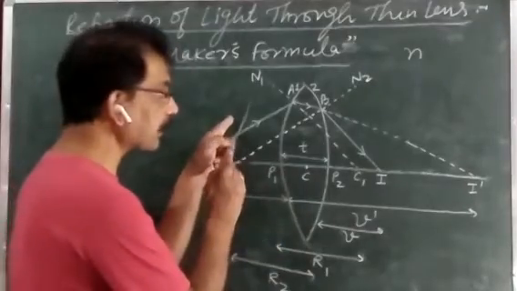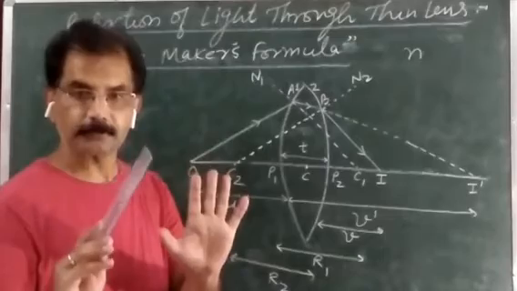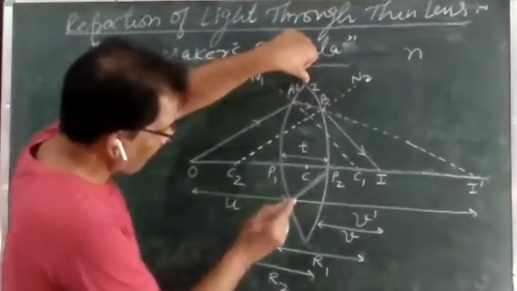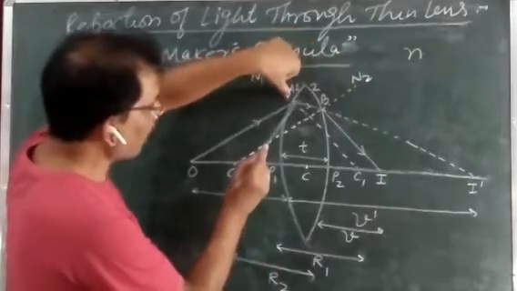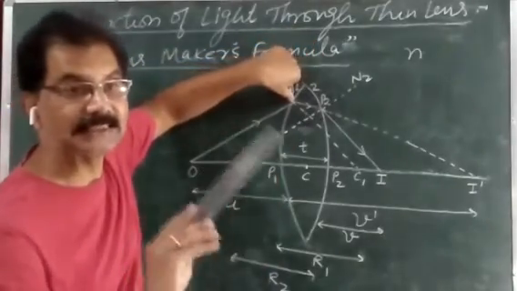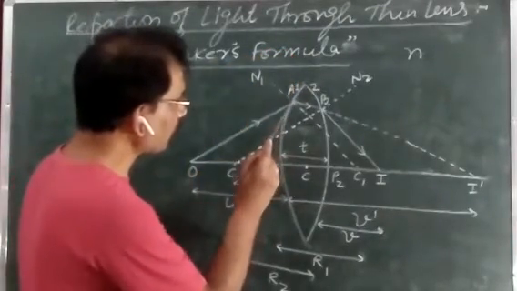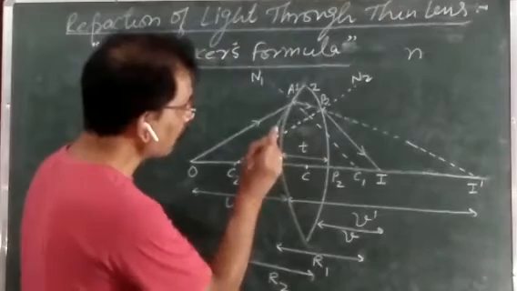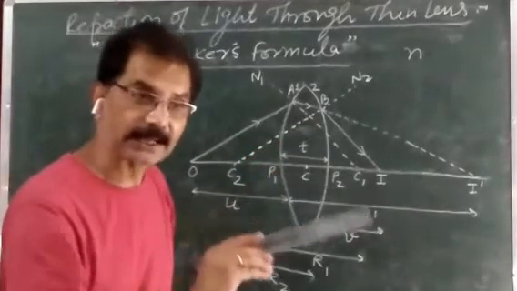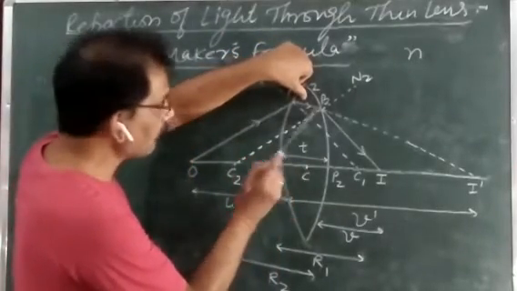Rays is going from rarer to denser. I hope maybe it's clear. Now for second surface, this one, now AB, this refracted rays will act as a incident ray. अब रेज ये जो पहले सरफेस से जो रेज रिफ्रैक्ट हुई थी अब दूसरे सरफेस के लिए किसकी तरह काम करेगा? इंसिडेंट रेज की तरह।